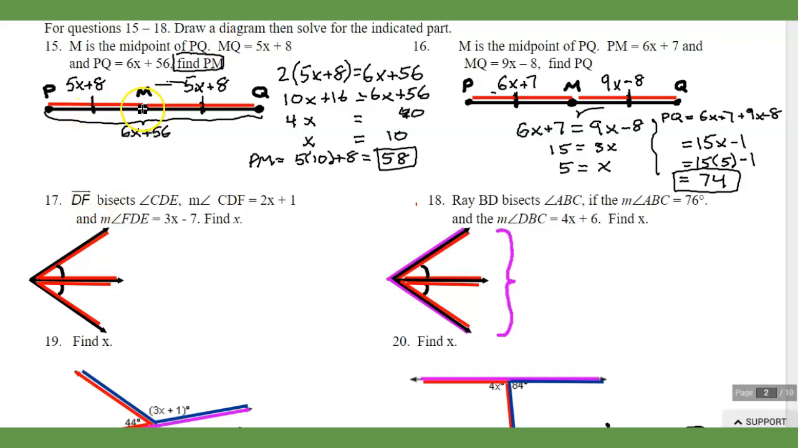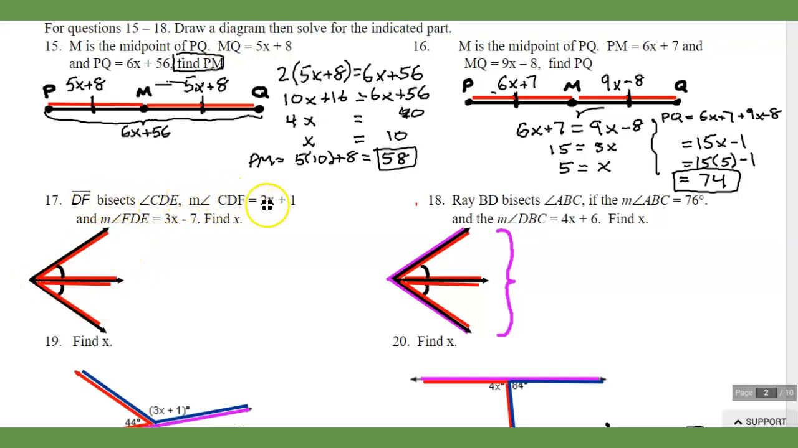So instead of calling it a midpoint, they call it an angle bisector, right? So it bisects an angle. So that's an angle bisector. So these two angles are congruent, much like these two segments are congruent. Same exact idea. They're both the same color because they're both going to be the same measurement. So here we have,